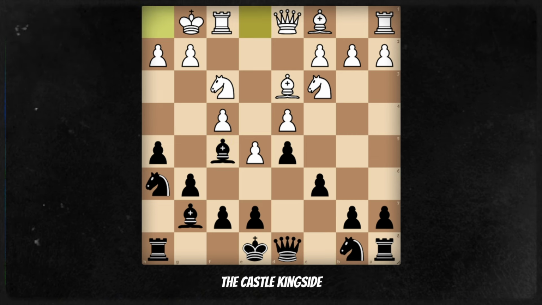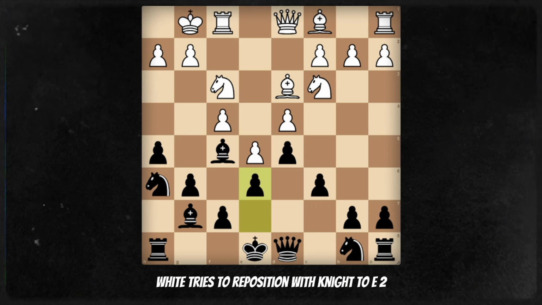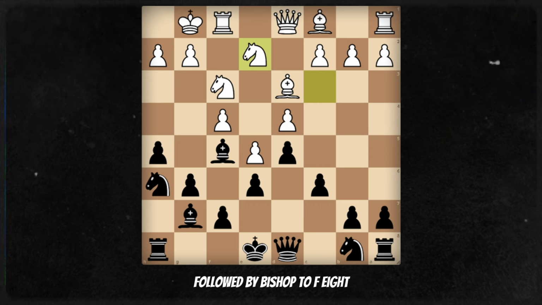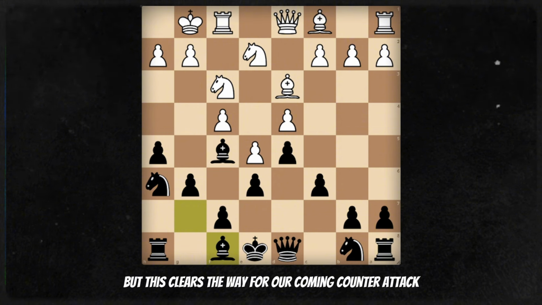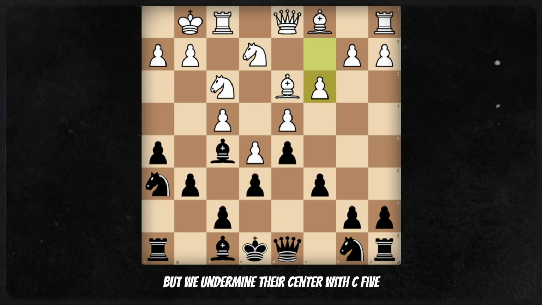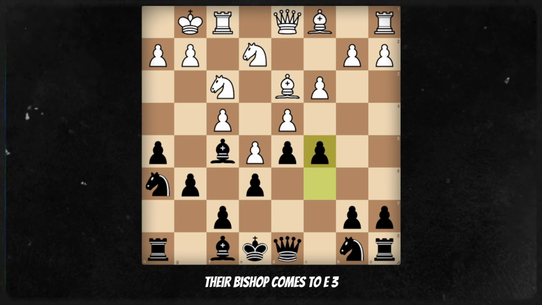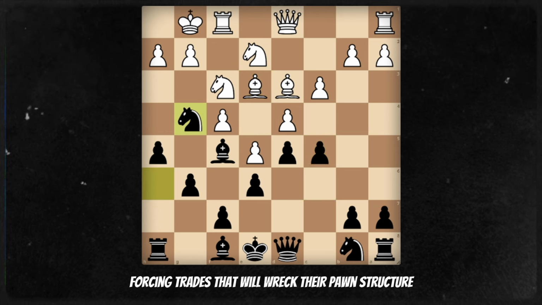They castle kingside, but we're already preparing our next surprise, e6, locking down the center. White tries to reposition with knight to e2 followed by bishop to f8. Yes, we're retreating our bishop, but this clears the way for our coming counterattack. White tries to stabilize with c3, but we undermine their center with c5. Their bishop comes to e3, but we pounce with our knight to g4, forcing trades that will wreck their pawn